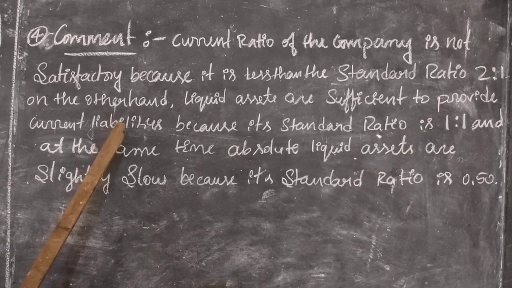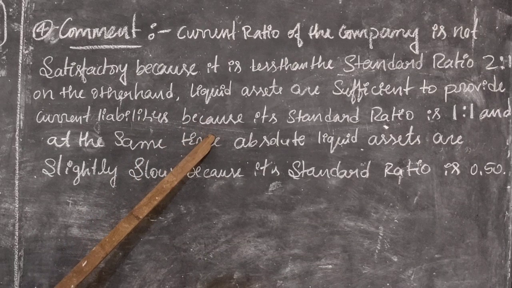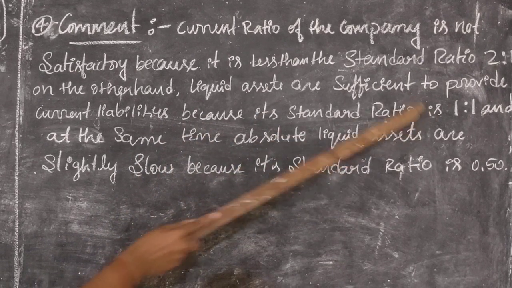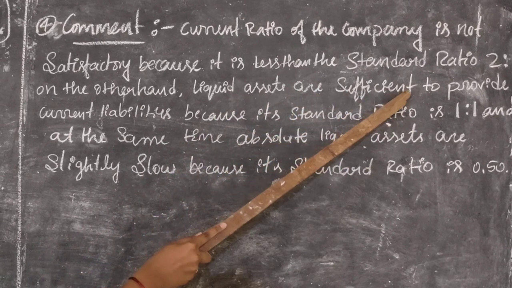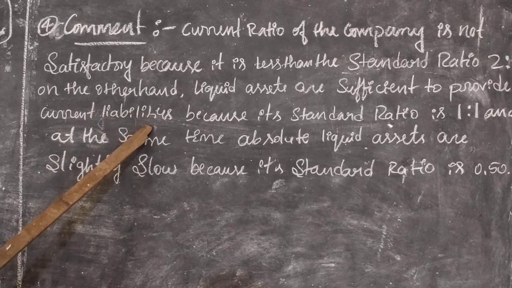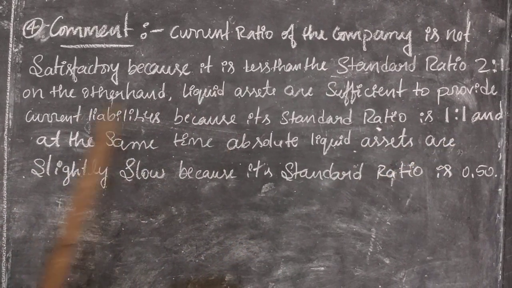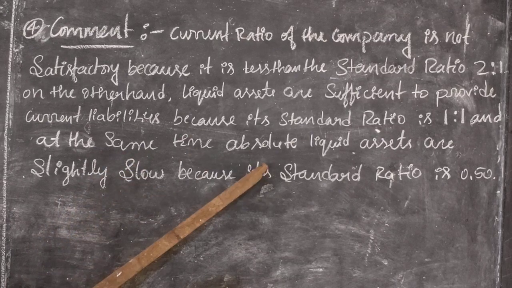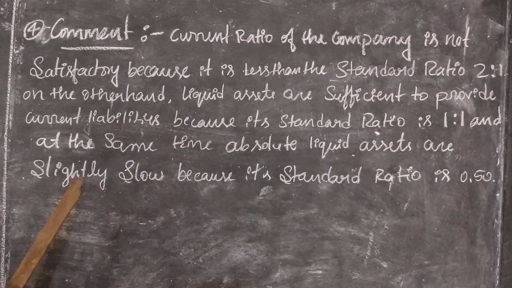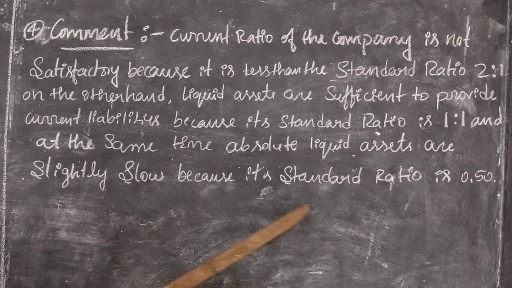That's why in the comment box we can state that because of the standard ratio of 1:1, the liquid assets are very sufficient to provide the current liabilities. And about the third calculation, at the same time, absolute liquid assets are slightly low because its standard ratio